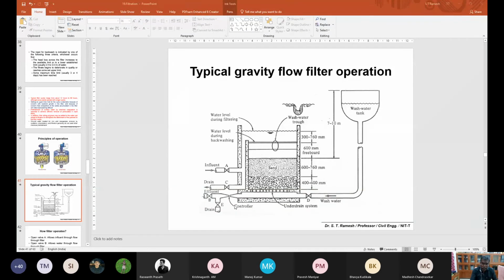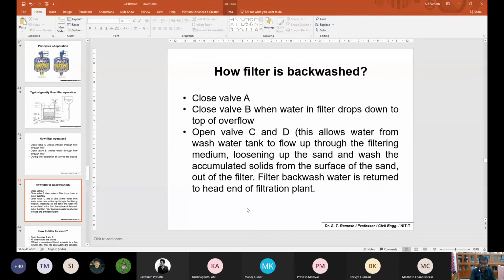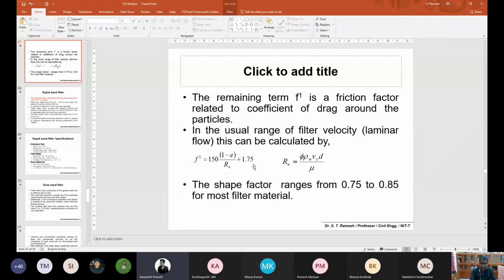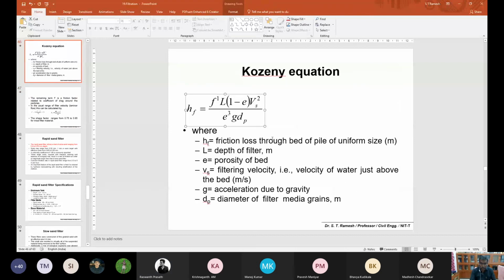You could also see the different definitions of available head loss, terminal head loss, filter cycle, and filter run. So at least you have a glance, and in one more class we'll see some more concepts and the calculation of head loss. With that, we'll close the filtration chapter. Is it okay? You just have a glance. Probably 2-3 points we have to discuss with respect to the head loss calculation, including the numerical solutions as well.